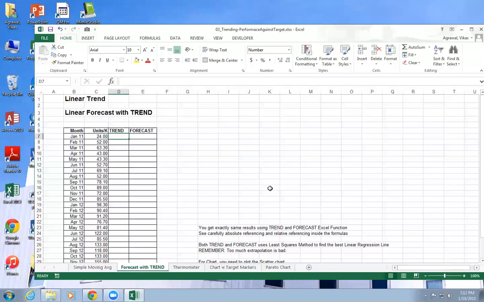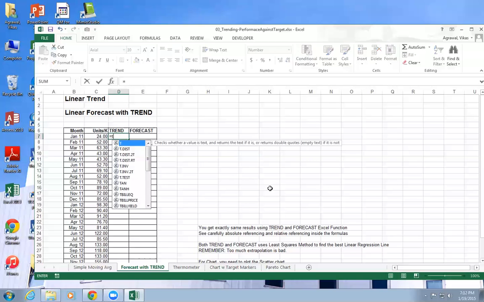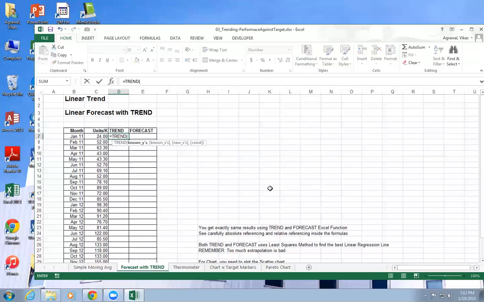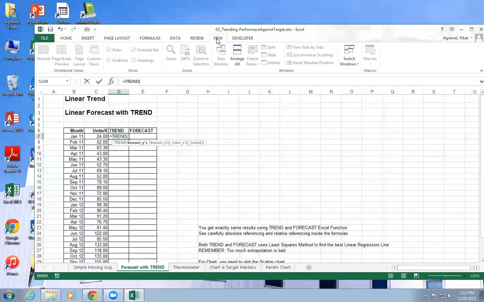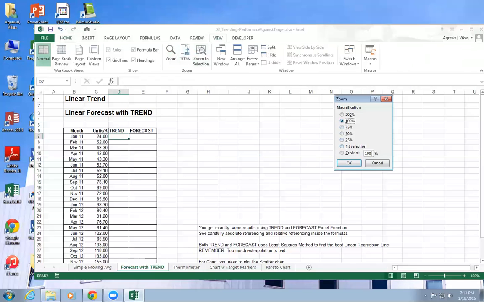How to use trend? I'm gonna say equals trend here, right? I'm going to make it a little bigger for you guys.